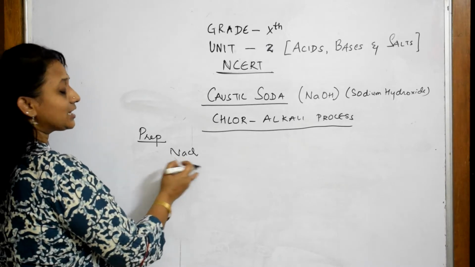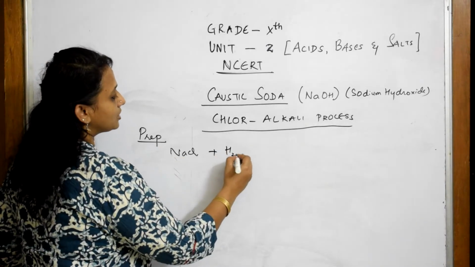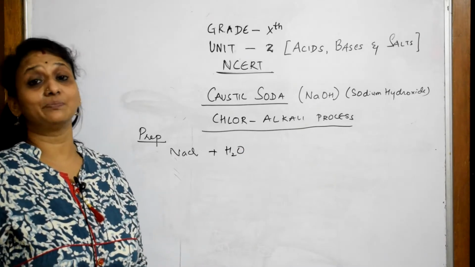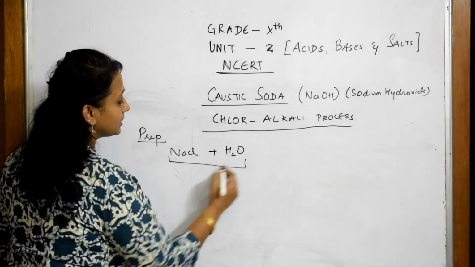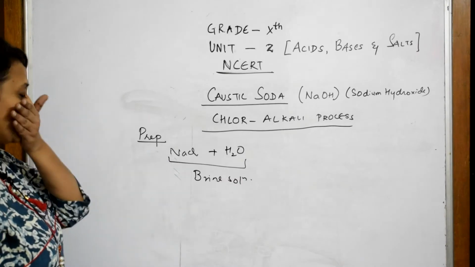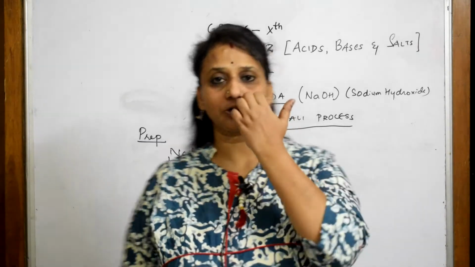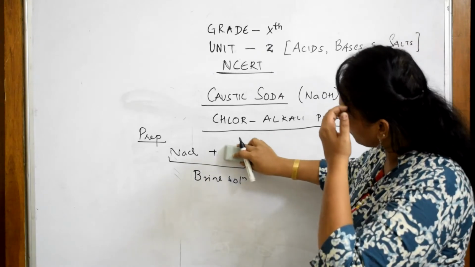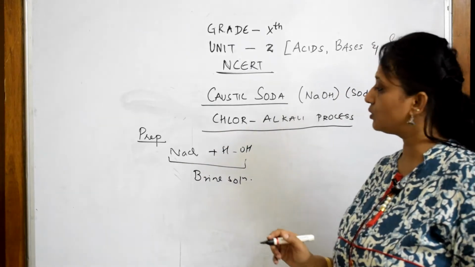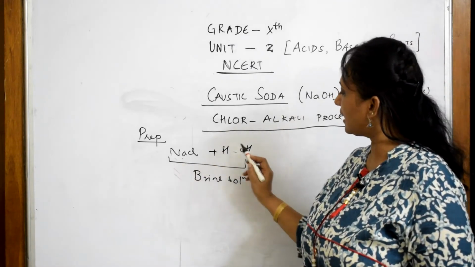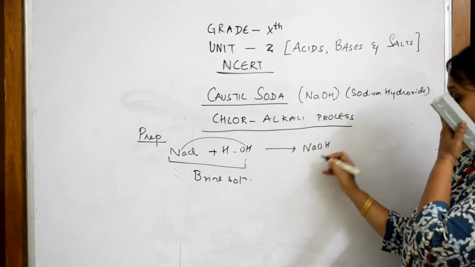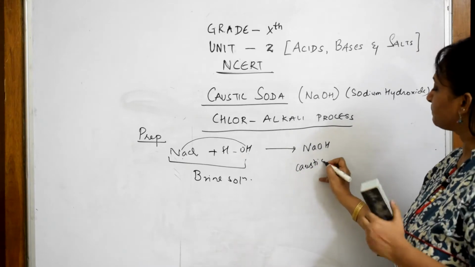So for this, you take sodium chloride and add water. Whenever you add salt with water, we call that solution a brine solution. What is it called? Brine, B-R-I-N-E. Brine solution means salt water solution. Now, when you take these two compounds, can I write water as HOH? I can write, isn't it? HOH. Now see the compound that is formed. Sodium and OH will combine together forming sodium hydroxide. So our caustic soda is ready. The caustic soda which I am trying to prepare is ready.